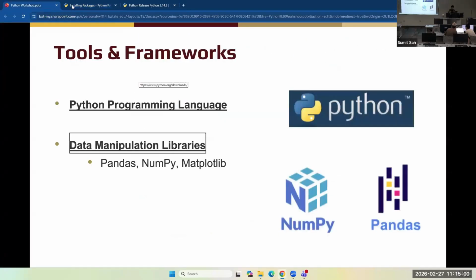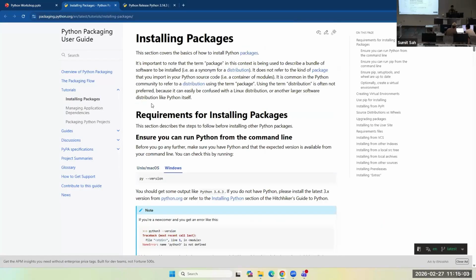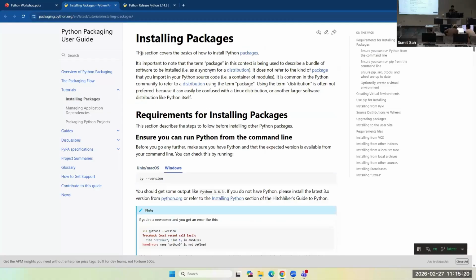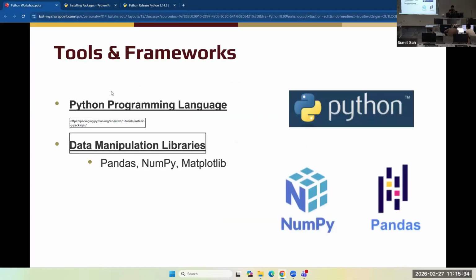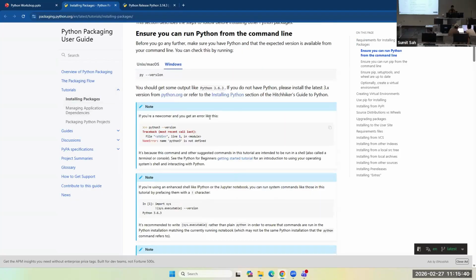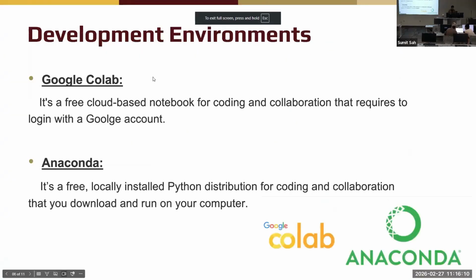Most of you might get confused about what libraries are when you're just starting on any programming language. You can think of them as ready-made tools. They are like packages, and they make coding a lot easier because most of the code is already written by previous programmers and stored in libraries. You can just import those libraries and use the functions or methods to do data analysis or visualization. And it's very easy to install once you visit the website and follow the guidelines.